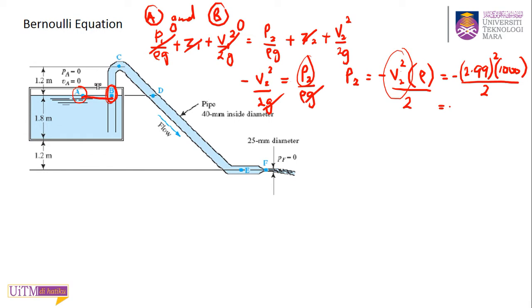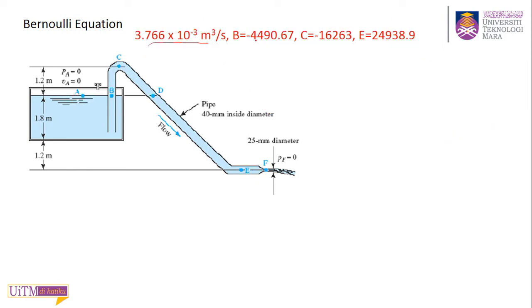Negative how much? 447.05. 4470 point 05. I just take this one, there's not enough space to write. Okay, unit, don't forget Pascal. So this is your answer for pressure at point 2. If you look here, it's